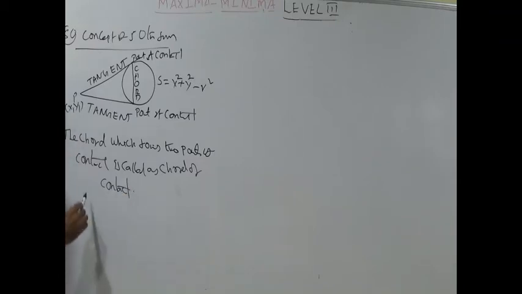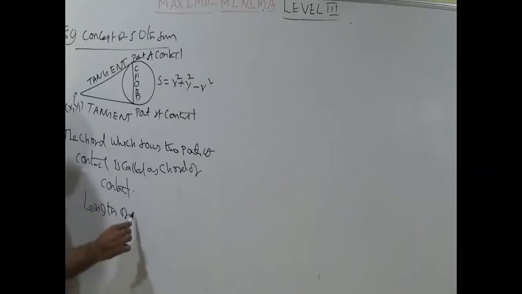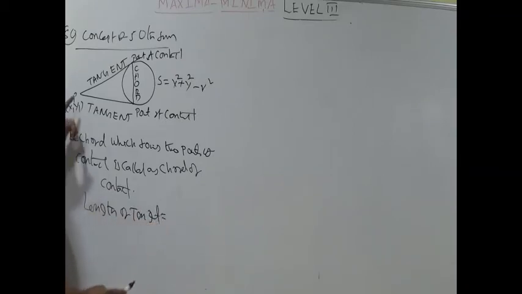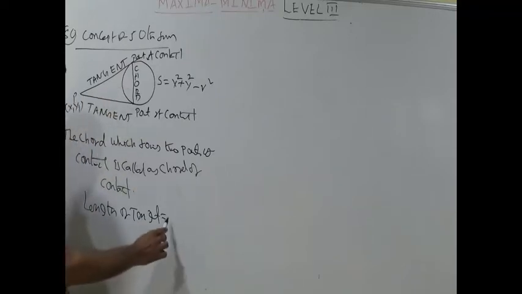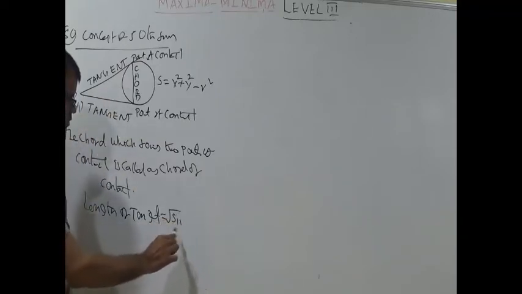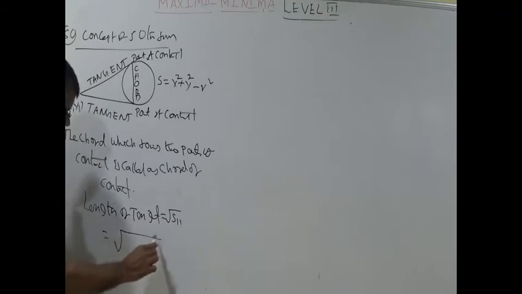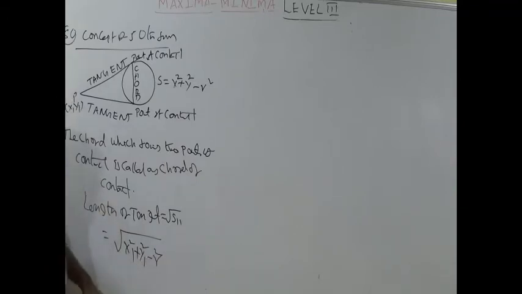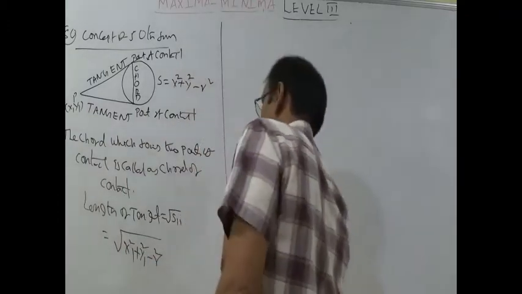It's okay. Next, once again I am writing the formula which you will be learning in exercise 1b in 2b topic. Length of tangent drawn from P(x1, y1) to the circle is root S11. Root S11, the notation is here, instead of x you write x1 and instead of y you write y1: root of x1 square plus y1 square minus r square.